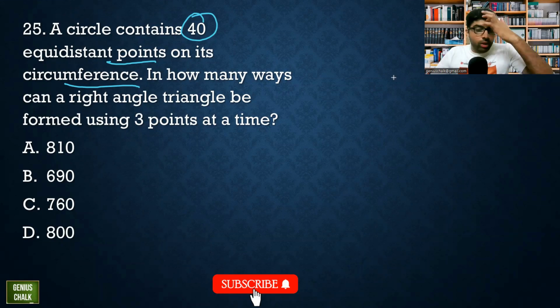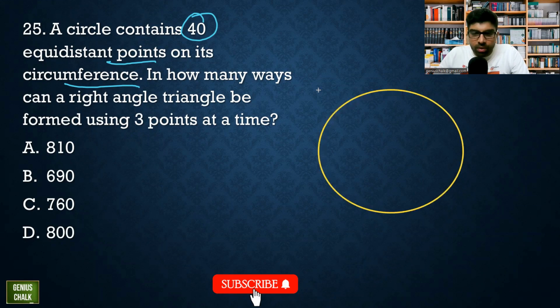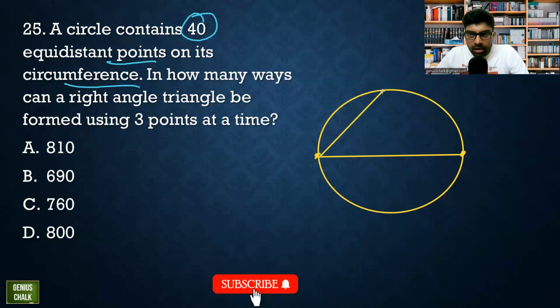If you talk about a circle, what is happening? In a circle, there is a theorem that the angle in a semicircle is a right angle. If I want any right angle triangle in a circle, that means these 2 points must be the diameter ends. And anywhere after this diameter, anywhere I put this point, this will always be 90 degrees. That's why that theorem is famous. Suppose from here you start this side and you connect, this will always be a right angle.